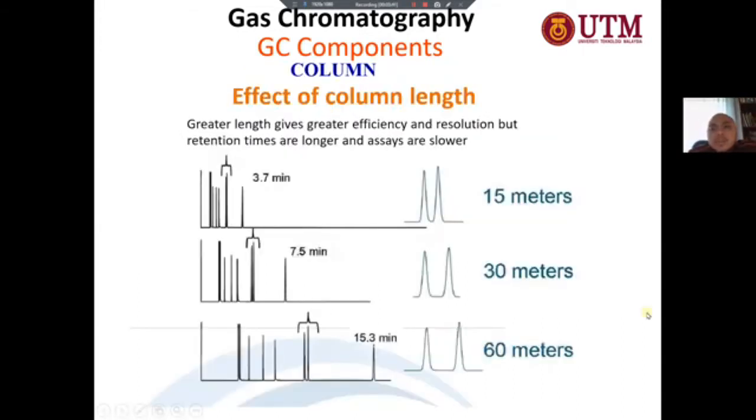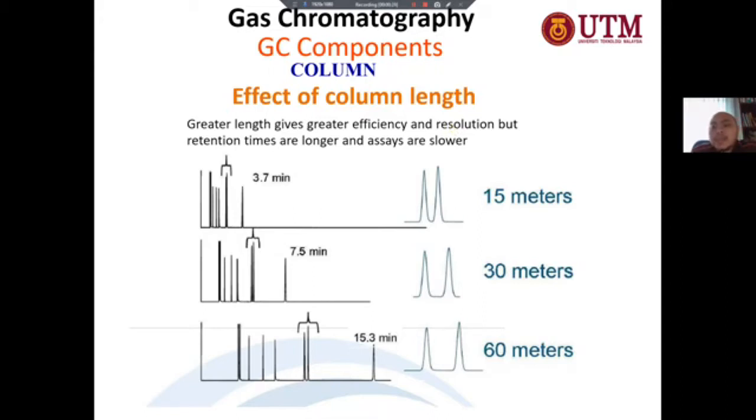Okay, let's continue to the next part, which is let's look into the effect of the column length. As the column length increases, it can give you a better efficiency and resolution. It means that more peaks of analyte can be